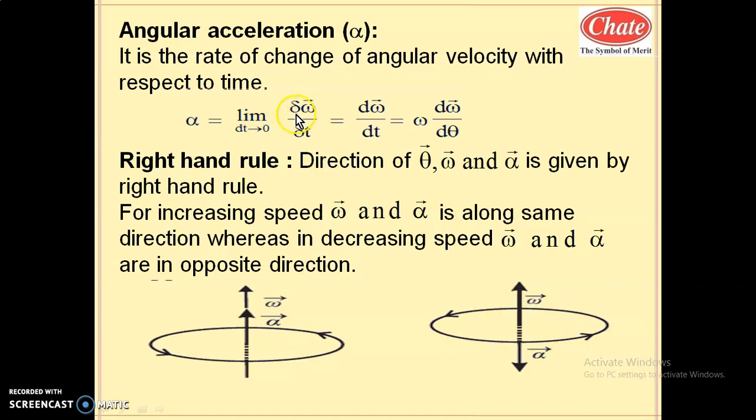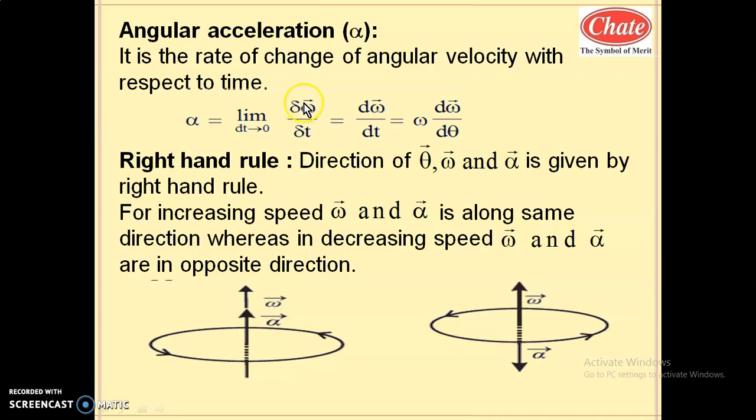That is the case of increasing angular velocity. If angular velocity is increasing, the final value will be greater than the initial value, and that is the case of acceleration. So that is accelerated motion. In that case, alpha is positive. After some time, the fan attains a constant speed, a constant angular velocity. As the angular velocity is constant, the derivative of a constant term is 0, so angular acceleration becomes 0. When you switch off the fan, the angular velocity decreases, so the final angular velocity will be less than the initial angular velocity.